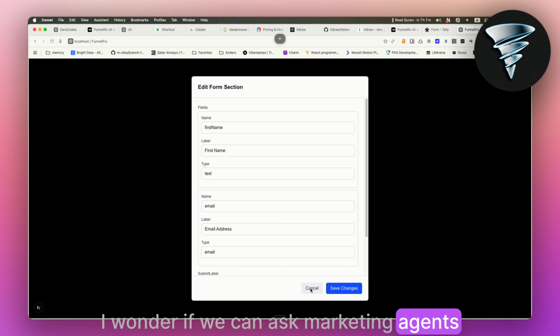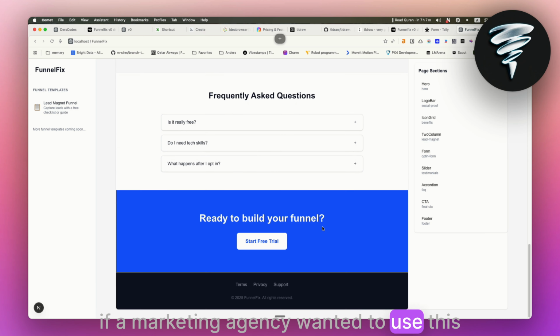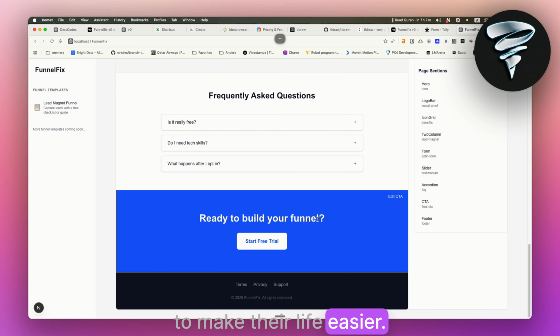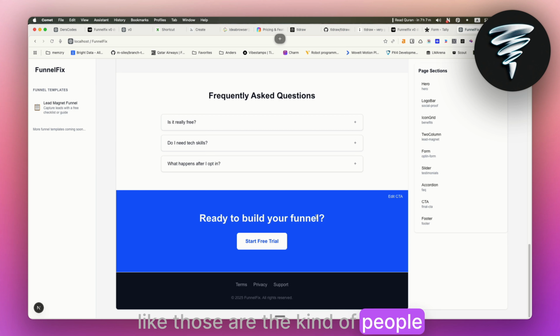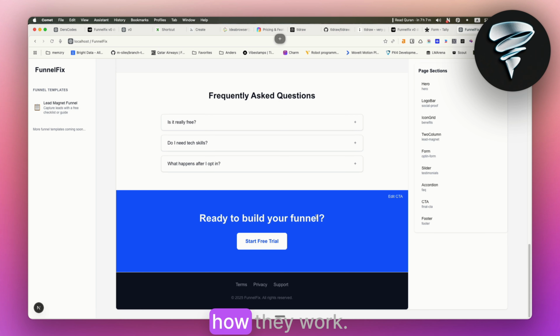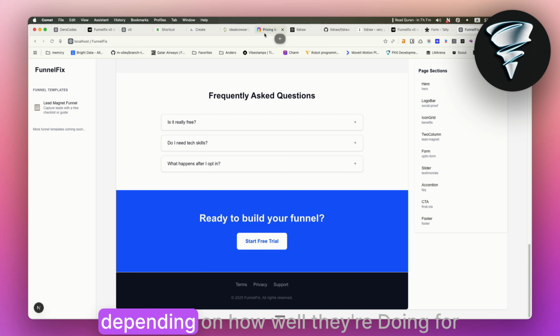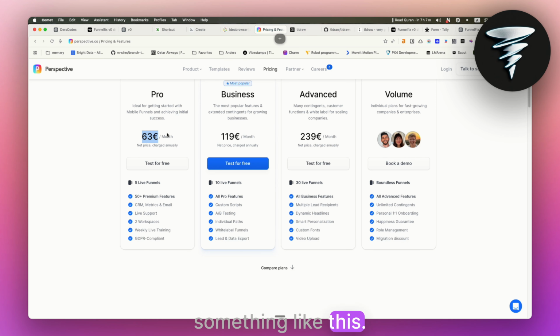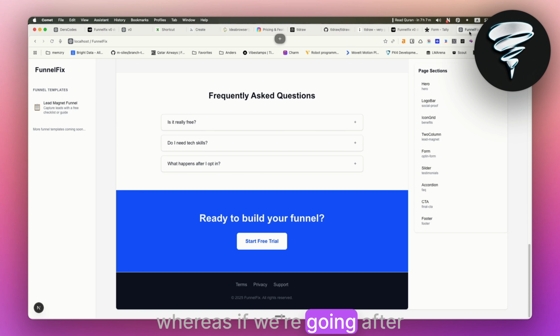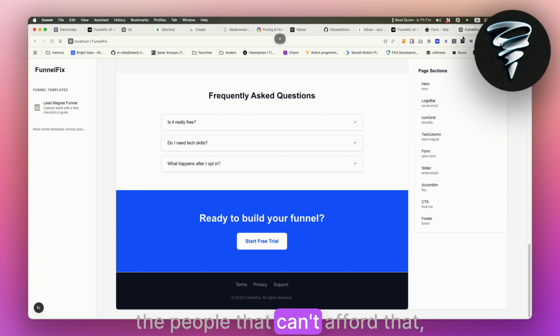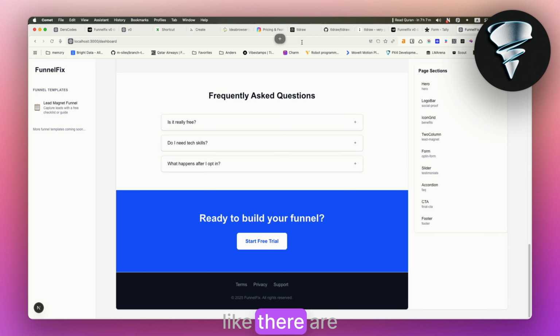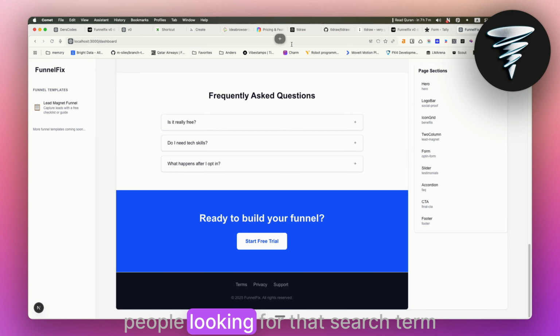So if a marketing agency wanted to use this to make their life easier, like those are the kind of people already know what funnels do, how they work. Yeah, we have to like target, right? Marketing agencies. Yeah, it can be agencies, but they might already be paying, depending on how well they're doing, for something like this. Whereas if we're going after the people that can't afford that, like there are people looking for that